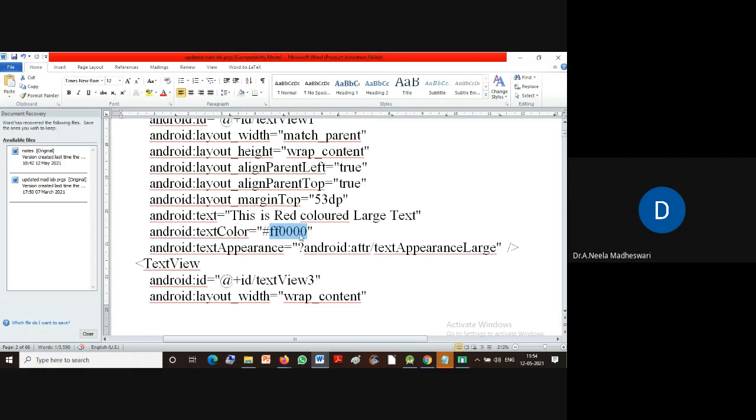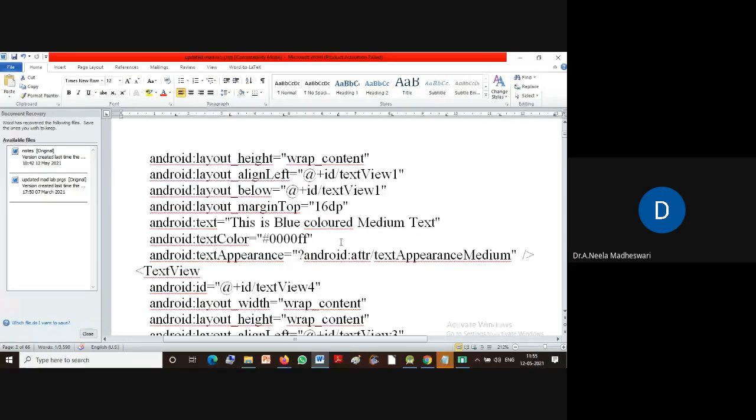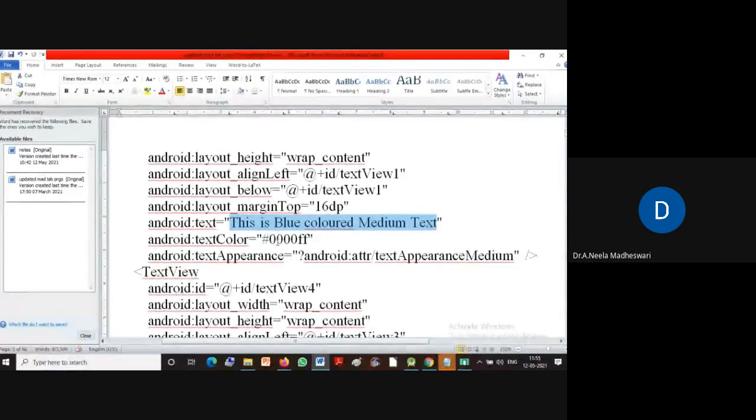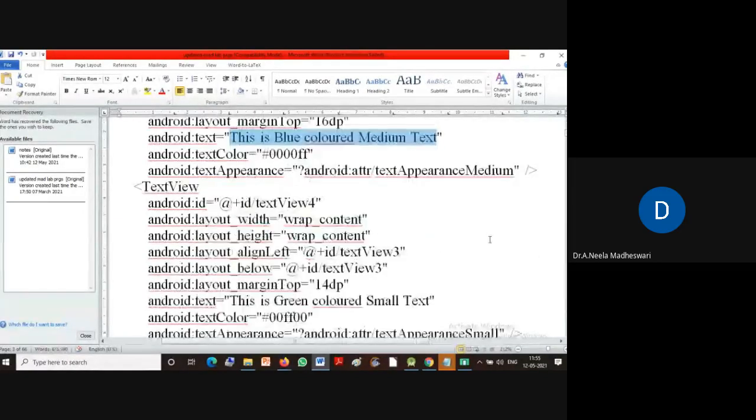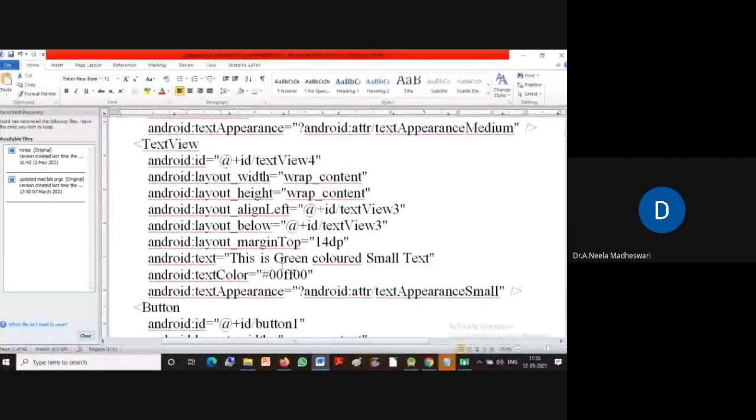FF0000, RGB component, right? You would have studied in graphics and multimedia subject. Similarly, next one is blue color. First 2 letters for red, next 2 letters for green, and next 2 letters for blue, right? We can have the maximum of FF value, that is 256.